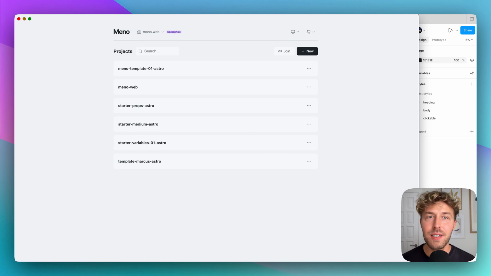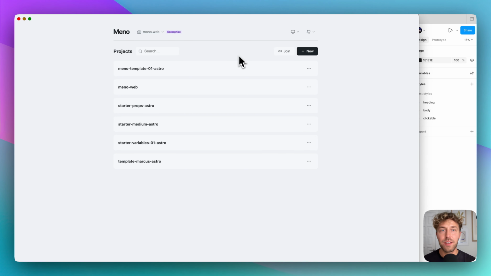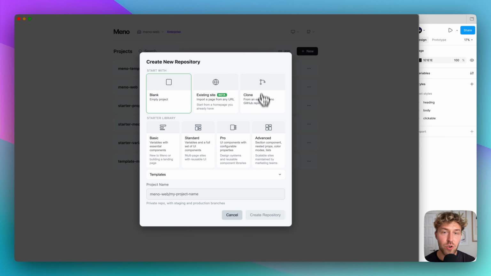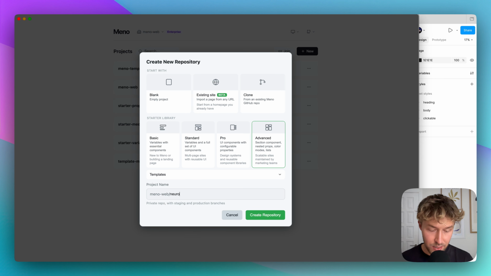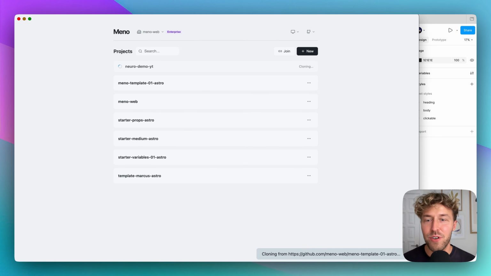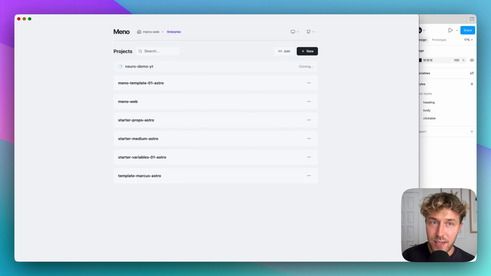So Meno is a visual interface for creating Astro websites. You can download the app and then you can connect it with the GitHub. And when I click create new project, I can pick a starter. In this case, I will pick advanced. I will name this project Neuro. This will be the name of the project. So I will write demo YouTube. Create repository, and right now the project is being created in our GitHub and we can open it directly using